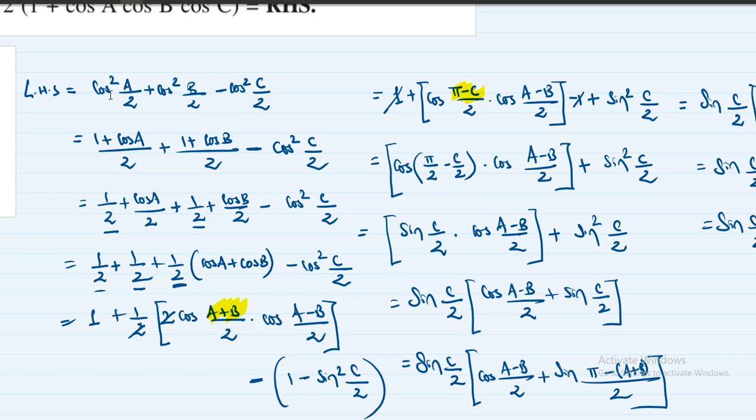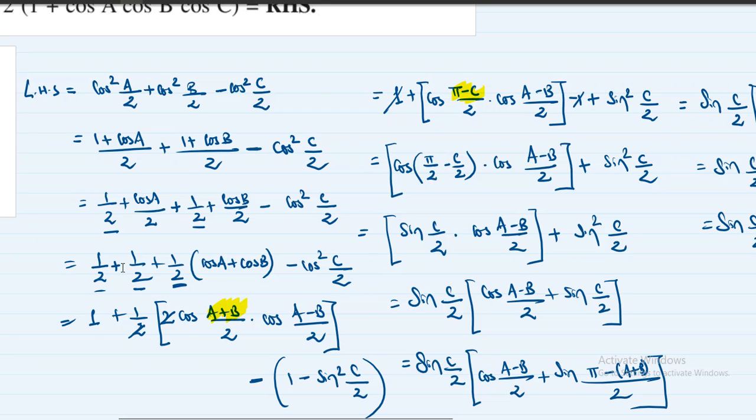So in place of cos square A by 2, we write (1 plus cos A) by 2. And in place of cos square B by 2, we write (1 plus cos B) by 2. And in place of minus cos square C by 2, we leave it as it is. Why we leave it as it is, I'll tell you a little later. So we do the same thing over here: 1 by 2 plus cos A by 2 plus 1 by 2 plus cos B by 2 minus cos square